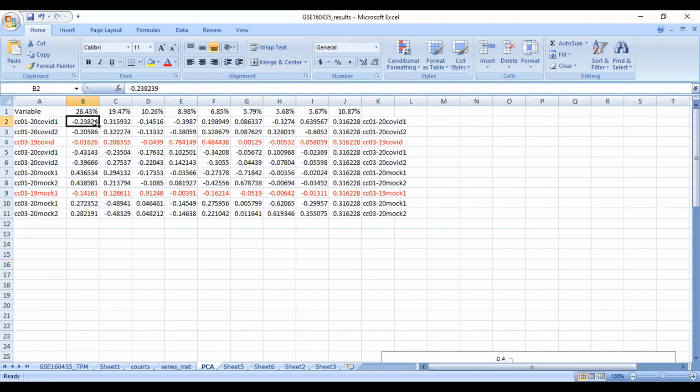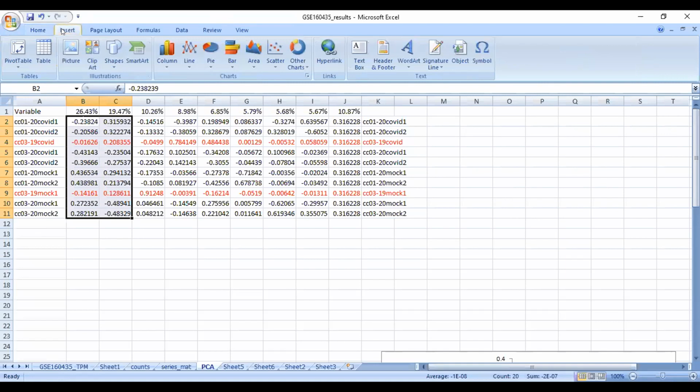For example, we can draw a simple scatter plot based on this PCA. I'm considering PC1 and PC2, which overall represent nearly 46% variability in my data. So I take these and draw a simple scatter plot.